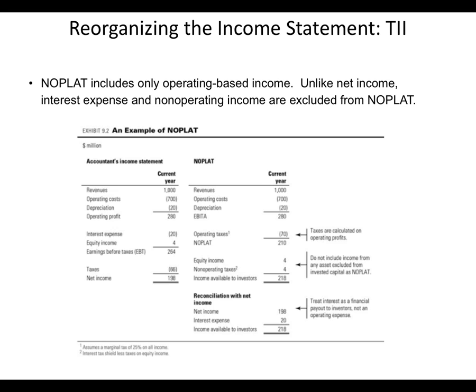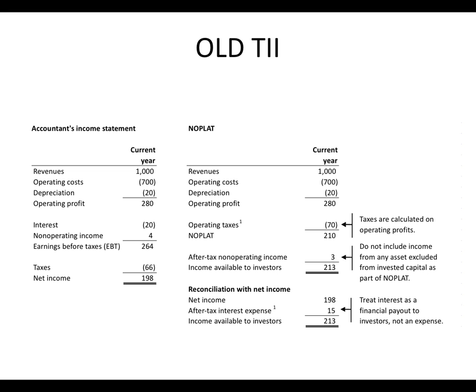So, and there's no explanation in the book of why they made that change. Because I'll just tell you this, and that's why I put the old TII in, this was the 5th edition, which was the 4th edition, which was the 3rd edition, which was the 2nd edition, which was the 1st edition, which is the way that I was taught to teach the McKinsey people a long time ago in the ATP, the actual statements. So unless something's fundamentally changed about their thinking,